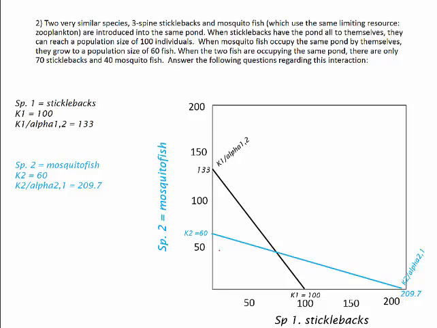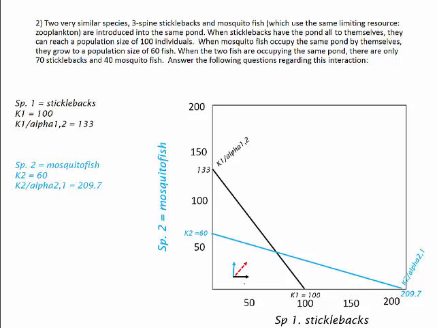We're going to continue because we want to make sure that we haven't messed up, we haven't had any problems with our logic and that sort of thing. So let's look at graph space here and see if graph space also predicts that we get an equilibrium at 70 stickleback and 40 mosquito fish. Okay, so for starters, let's look at this lower left part of the